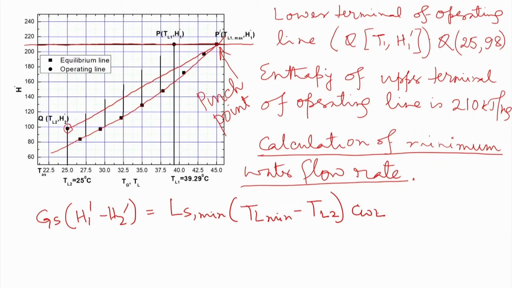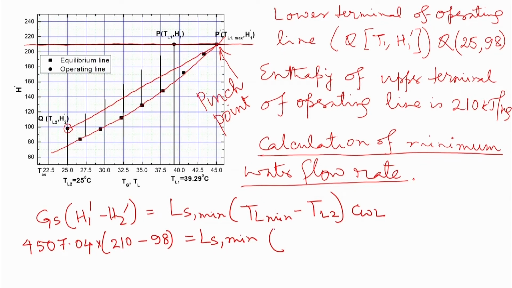Here all the values are known to us except Ls minimum. So we put 4507.04 into (210 minus 98) is equal to Ls minimum into TL minimum,